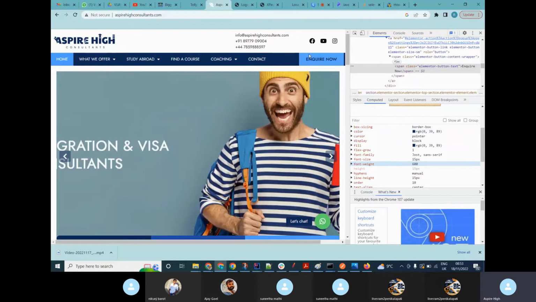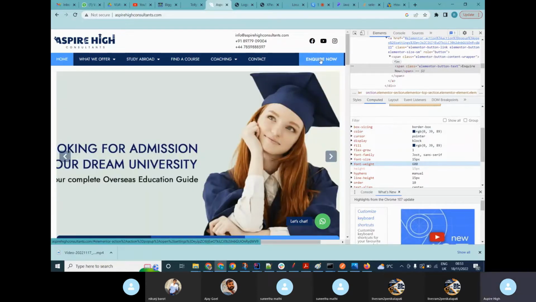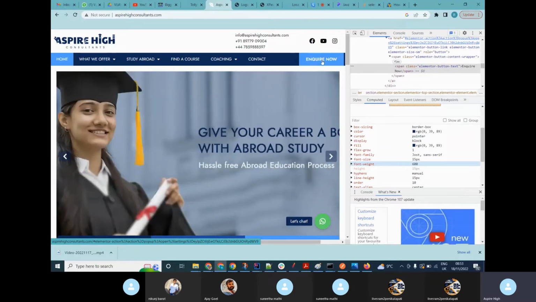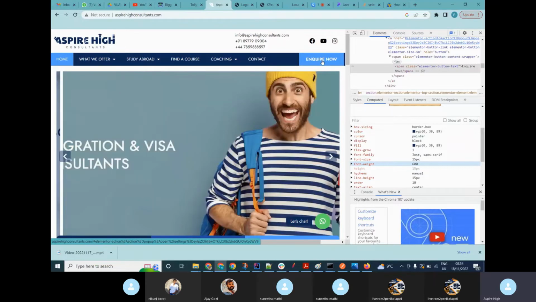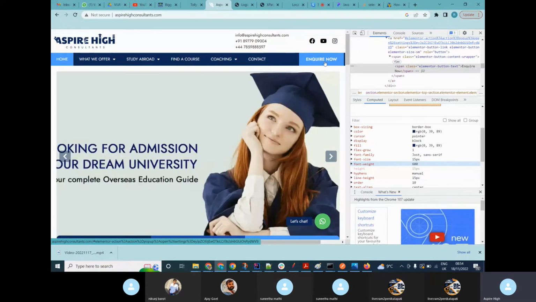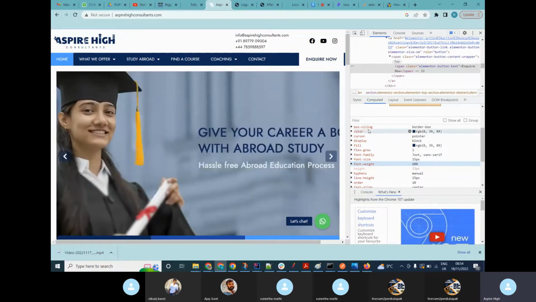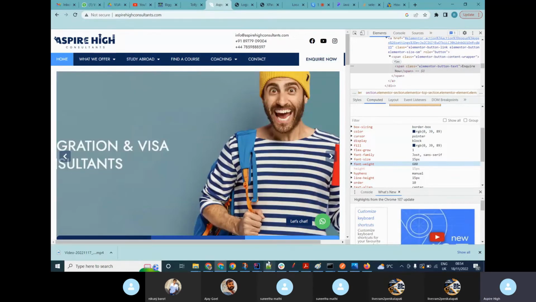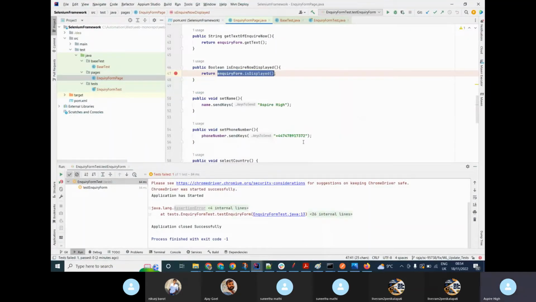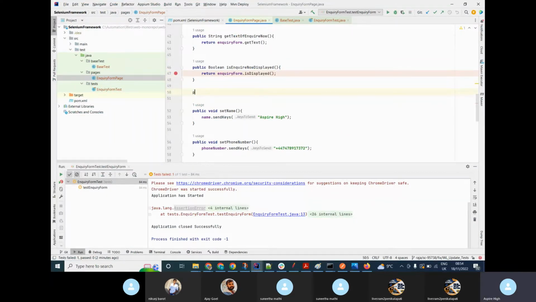Sometimes while the developers might be changing something, this Enquire Now might be changed. Font size might be changed, font weight might be changed, color might be changed. So that's why we want to keep checking whether the font size is 15 pixels or not, font weight is 600, and font color is so and so. For that purpose, we will write separate methods for checking font size, font weight, and color of the text. So I'll write public